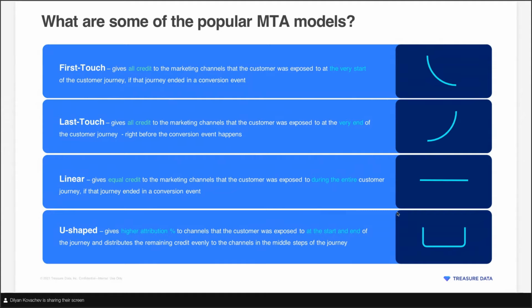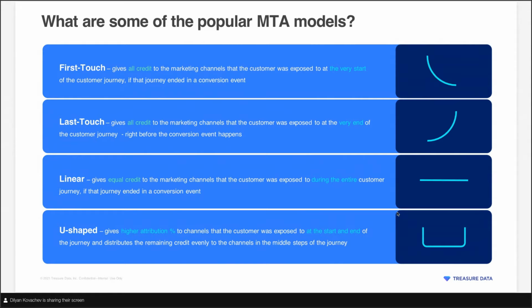So just to set some context, a multi-touch attribution model is usually set up where, let's say the conversion event is you want someone to submit a form to share some interest in the product, and you're trying to send them different banners, maybe to fill that form. Maybe you're also giving them that form when they go to conferences or some kind of live events, and you're tracking all these touch points and who's submitting the form.